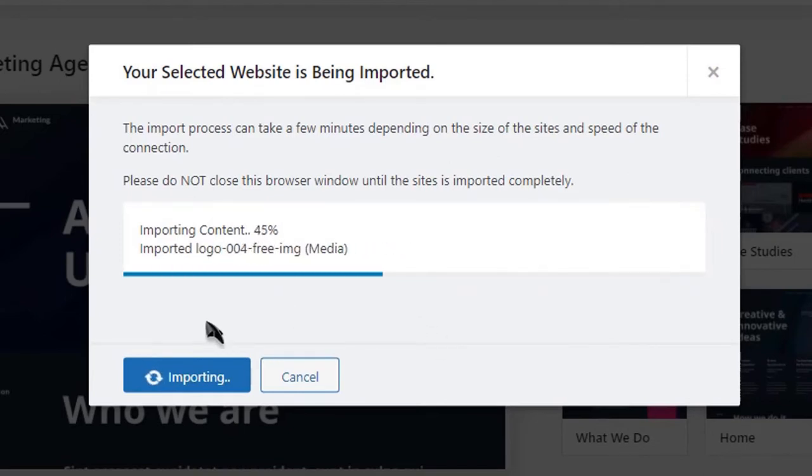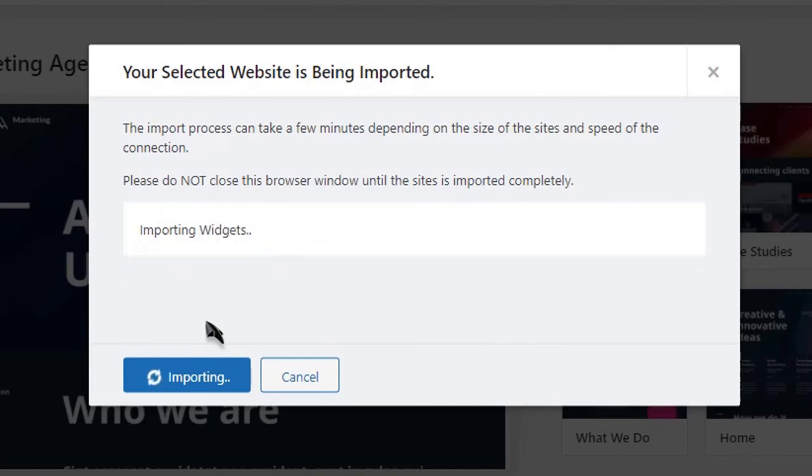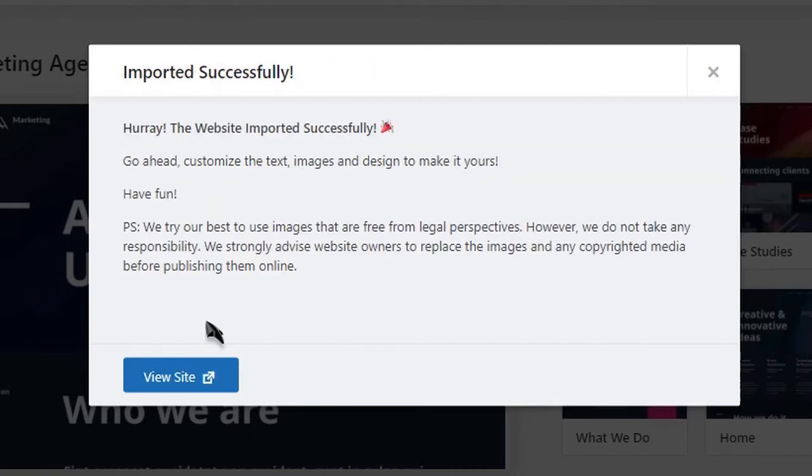and you can now see your selected theme is importing, and the entire design will now be imported to our site. And you can see now the website is imported successfully. So congratulations to you.